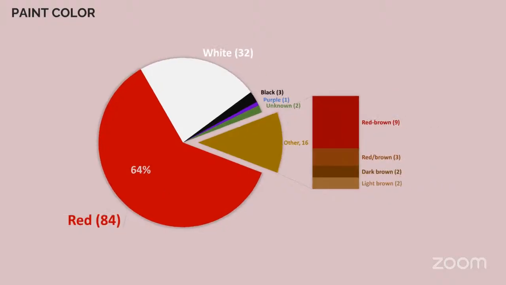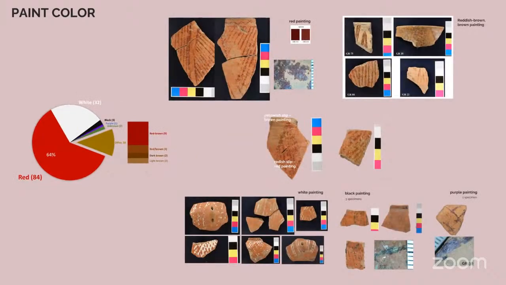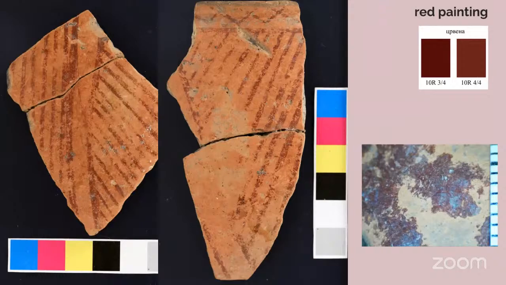So these are the examples of different paint colors, and red painting is usually of thick consistency, applied in a thin layer, so you could not feel it under your fingers. And it is different from the red color used in miniature culture to paint figurines and altars. I think it's a different pigment they use, although we don't have analysis to confirm it.